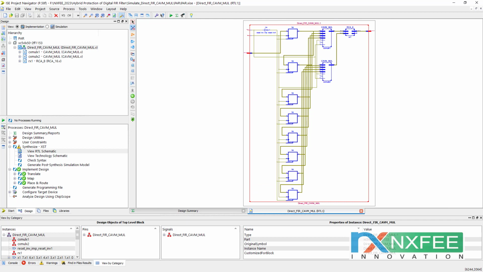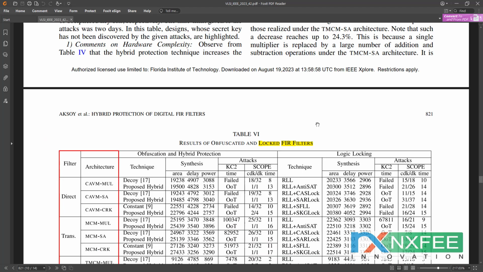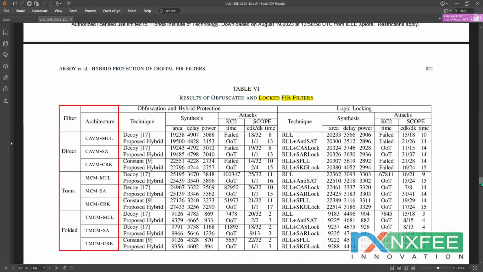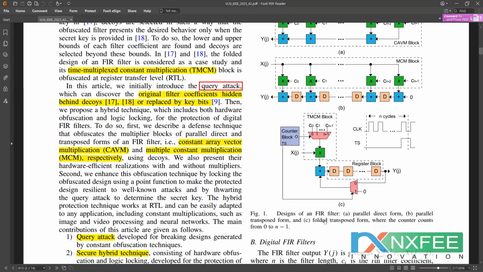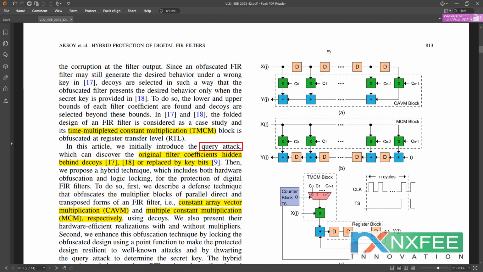Okay, so here direct form means, in the figure A1, the parallel direct form we need to use. First, the X input we need to delay. Then we need to give the delayed input to the multiplier. In the multipliers we need to use the coefficients